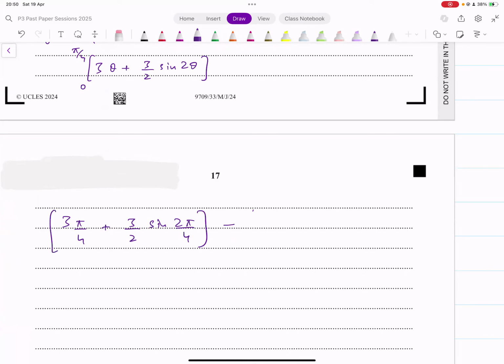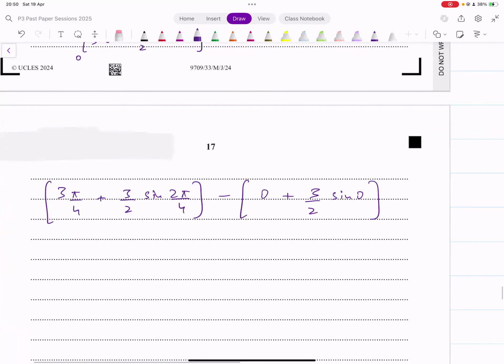Subtract from this the case when you input theta equal to 0, and that will make everything 0 because 3 times theta is 0 and sine 0 is also 0. So this gets eliminated and we're left with 3 pi over 4 plus 3 over 2 into sine of